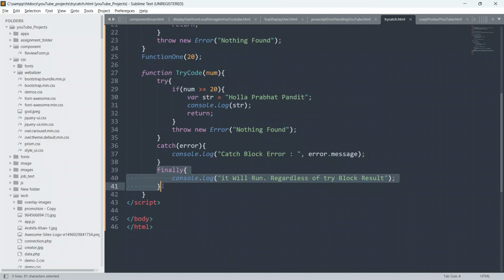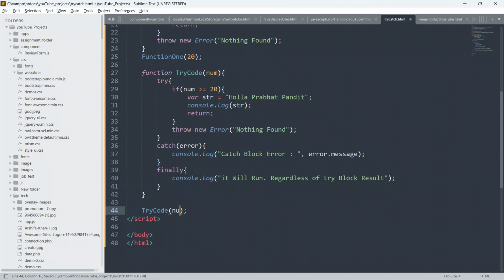Okay, so guys, now let me call this function. So just below this we have to call this function also, so just give a semicolon, and I will put 0 here first, because as you can see, in the if block we are checking that the number is greater than or equal to 20, then only the control will come into the if block, otherwise it will throw an exception.